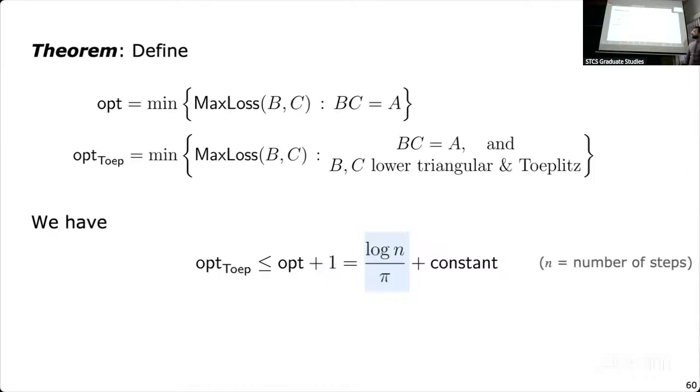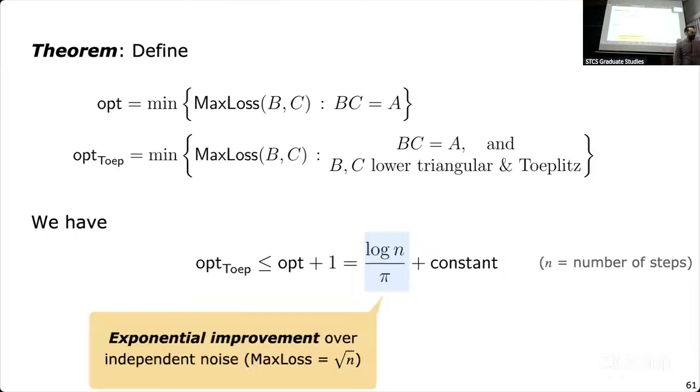The other thing which is known is that both opt and opt-T scale as log n by pi, right? Plus a small additive constant. So we know the precise constant as well, 1 by pi. Our goal will be also to maintain that leading order term. And this is much better than root n. So we're doing better than the baseline, at least in terms of our surrogate.